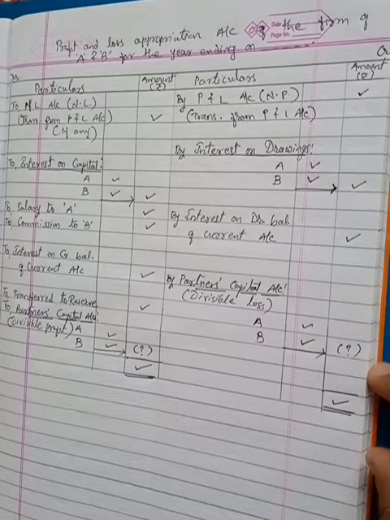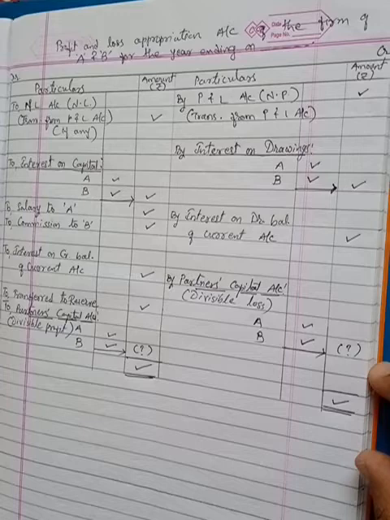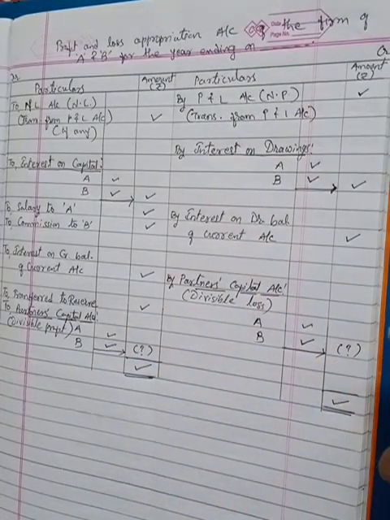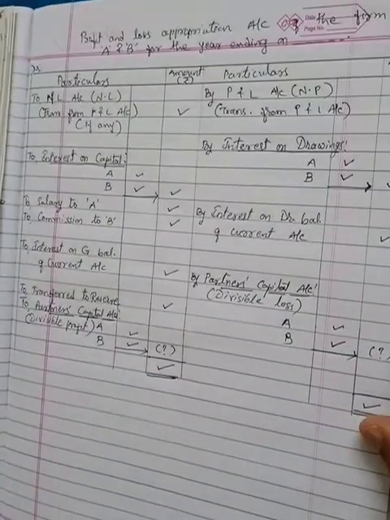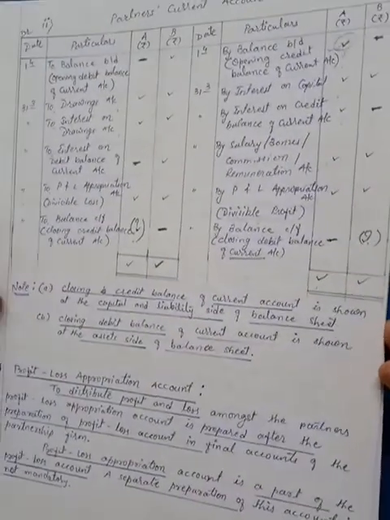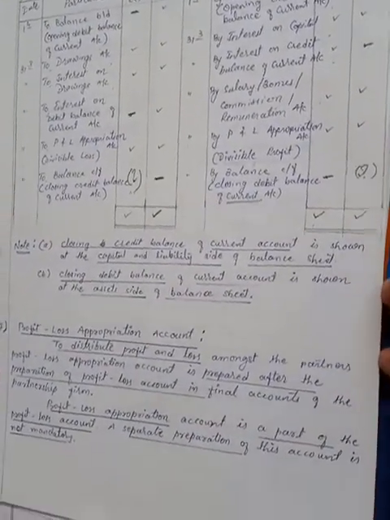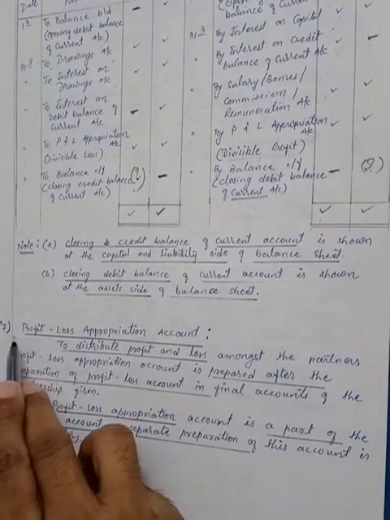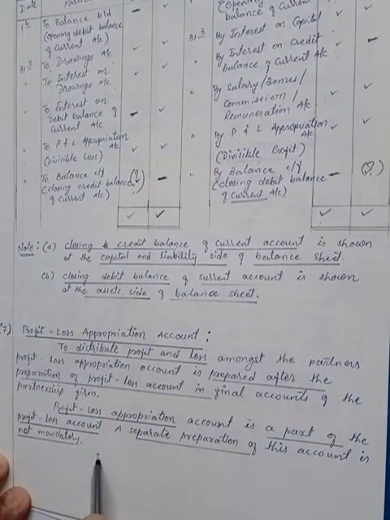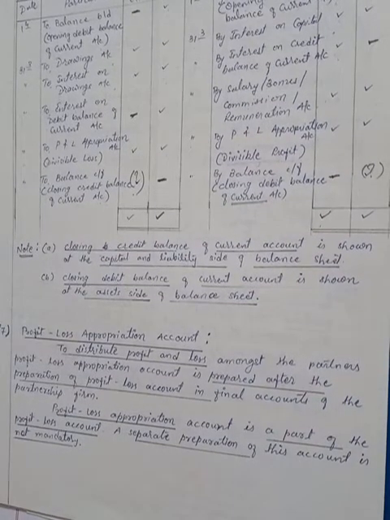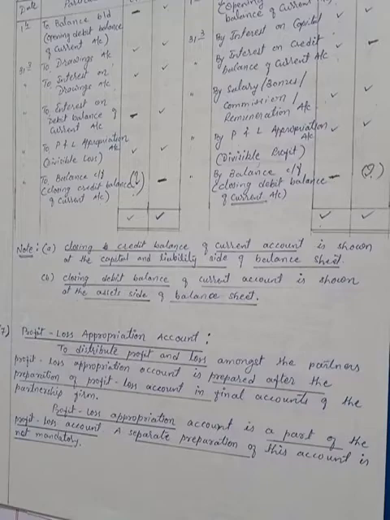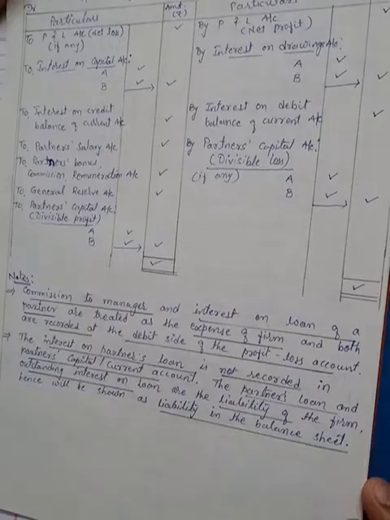Okay, so copy this same account just the way I have prepared it, one by one, write down all the things. That is your specimen of profit and loss appropriation account. And for the theory purpose, in the beginning I shared with you the beginning part of the theory. This one again I am sharing with you. You can see profit and loss appropriation account, point number 7. These are the two paragraphs we have available, that in the beginning I discussed with you. On the back side it is also there. Even on the back side, the specimen of profit and loss appropriation account is also there, that I will show you now.